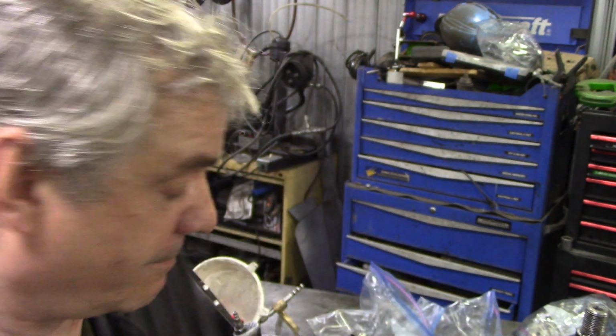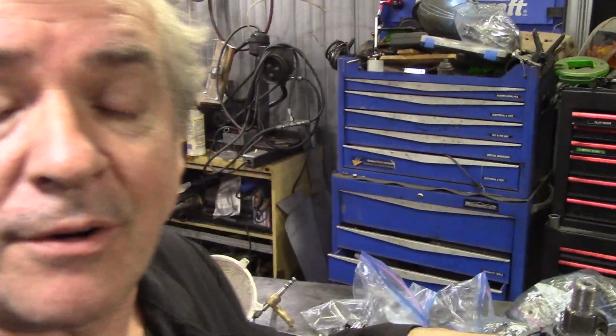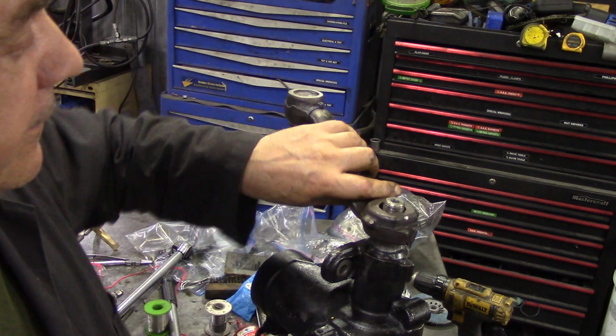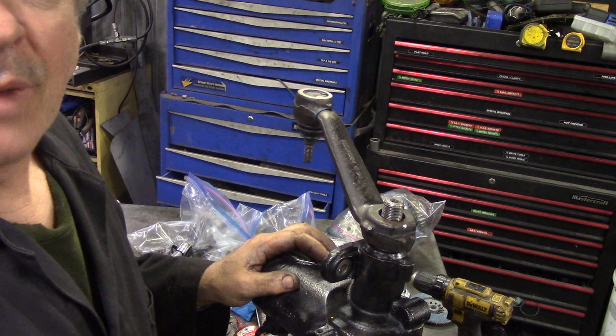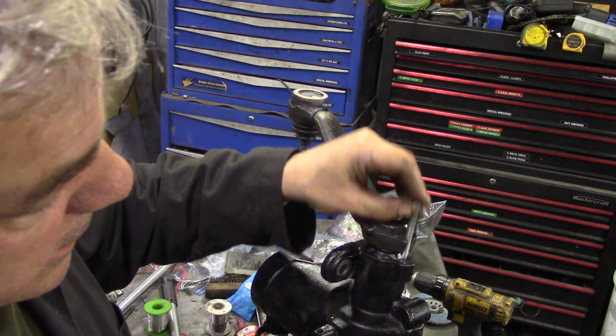And I don't know for what reason they have two different type drop arms. The early drop arm was like this, the later drop arm was like this. However, all the steering boxes have an 8mm thread here. Now I suggest you clean it out and tap out that M8 thread, because you can put your drag arm on like that. It doesn't matter where it goes now, because you put the bolt through here,